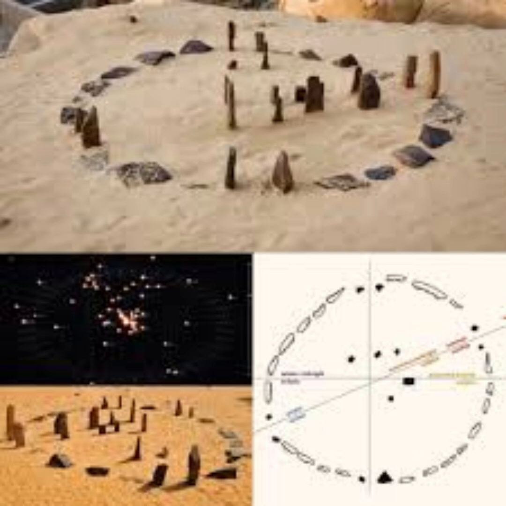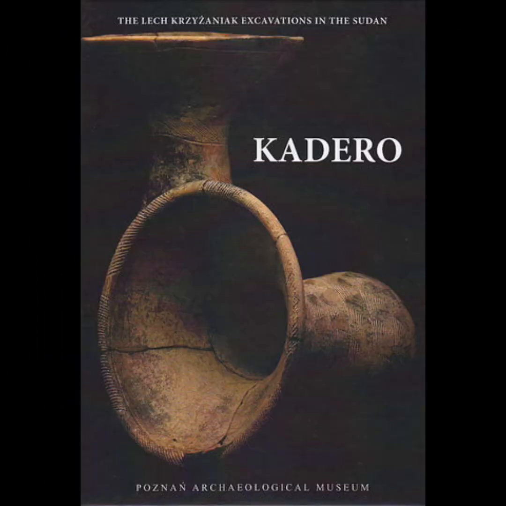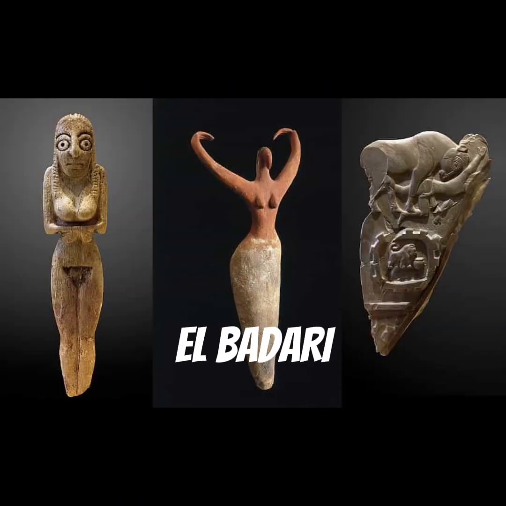Several archaeological sites along the Nile Valley demonstrate an African origin of ancient Egypt in addition to Nabta. Some of these sites include Kadero, located in the Sudanese-Nubian region. Kadero dates back to around 4500 to 3500 BCE. The site features a unique blend of Neolithic and pre-dynastic cultural elements, highlighting the exchange networks between the Nile Valley and other African regions. El-Badari, situated in Upper Egypt, dates back to around